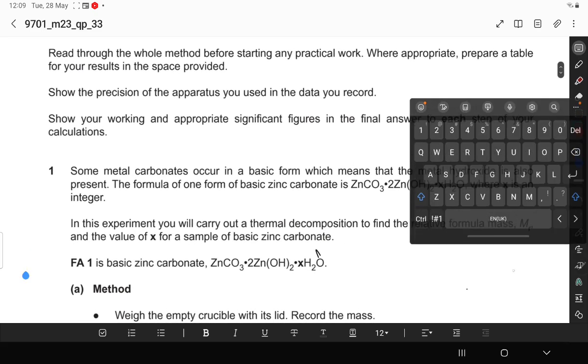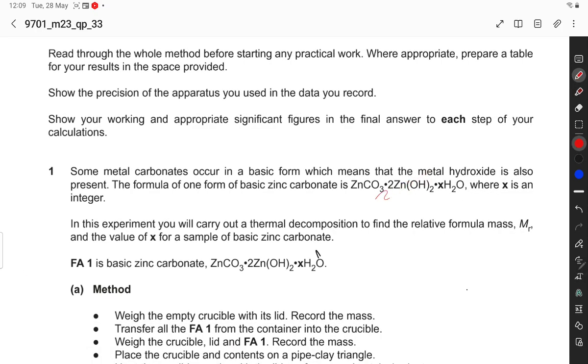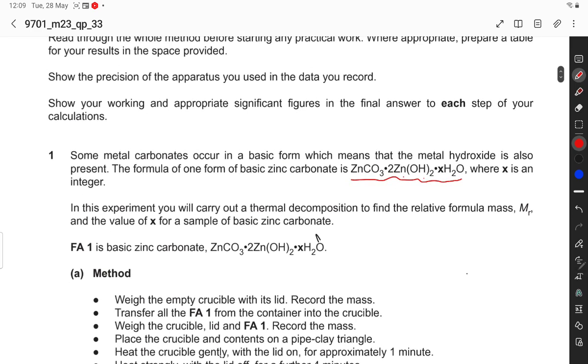Because in this compound metal hydroxide is also present. This is the compound in which metal hydroxide is there. So these are compounds which have metal hydroxide, and those compounds are known as basic carbonates. So this is a very important question